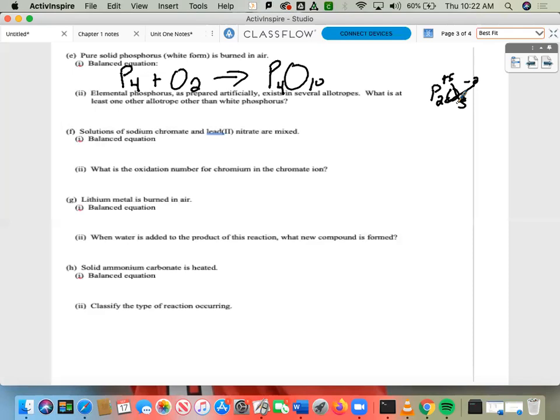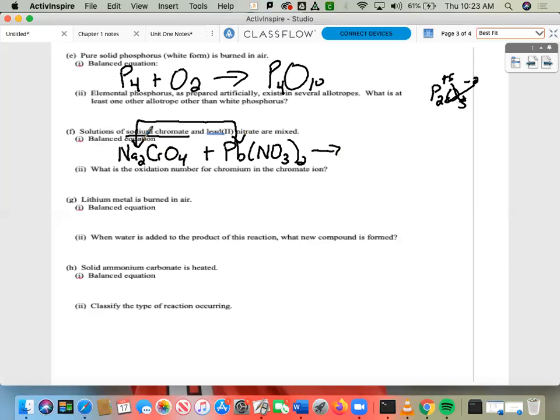Okay. Solutions of sodium chromate, Na2CrO4, and lead-2 nitrate are mixed. So this is what type of reaction? Double replacement, right? So when I mix these around, I get